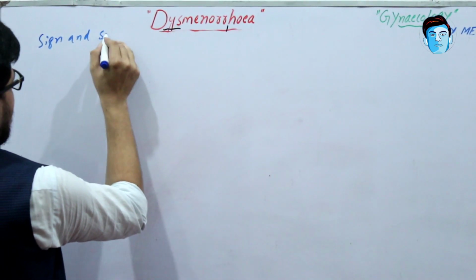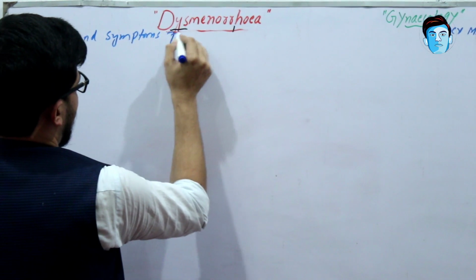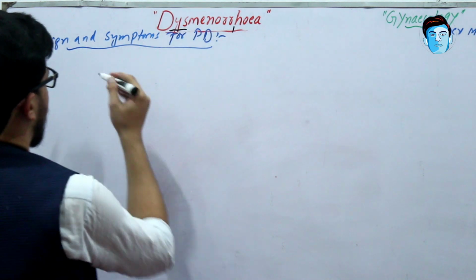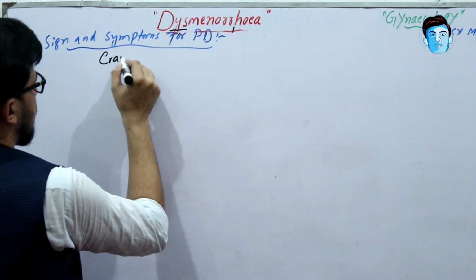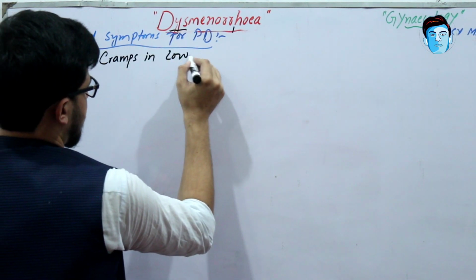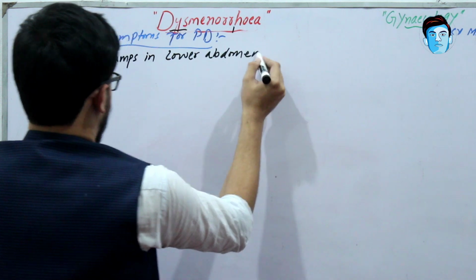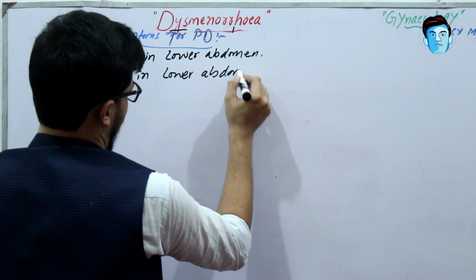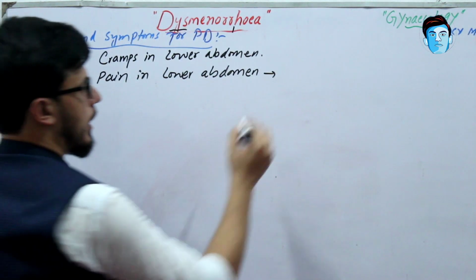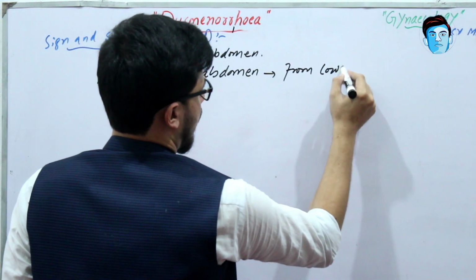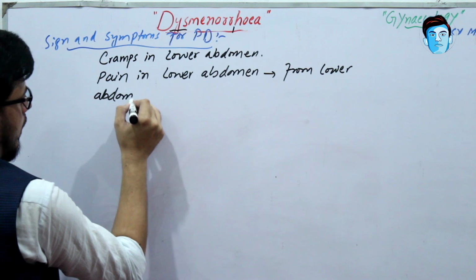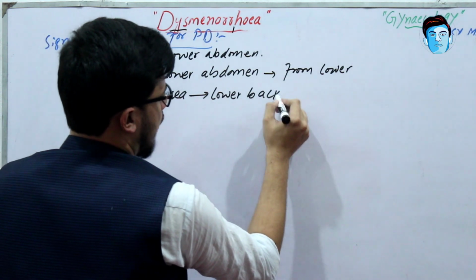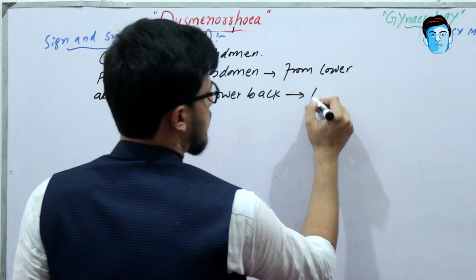The signs and symptoms are cramps in the lower abdomen, pain in the lower abdomen, and from the lower abdominal area the pain is radiated to the lower back,